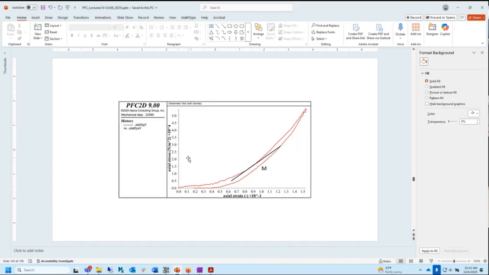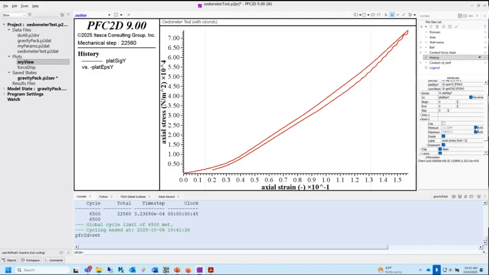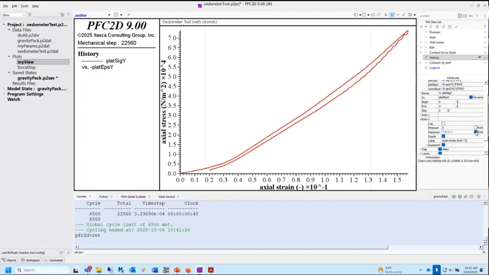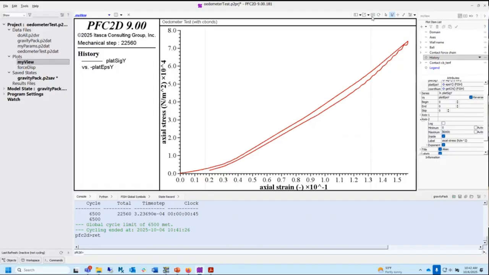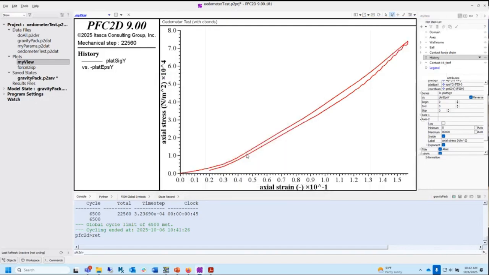Let's just do a quick thing. Let's make the same axes on these things. So this one, let's just change the axes here. Let's put the Y max. How do I do that? Go to the history plot item, axis 2, which is Y. Make the minimum be 0 and make the maximum be, let's do 8 e to the 4. Okay, that's what we're going to do. Let's make that plot when it's bonded. Bitmap. F3.